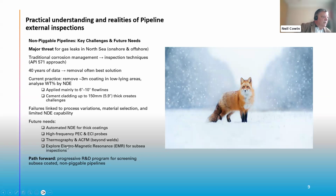And this is the big one I looked at over 10 years ago. If we could develop it further, put it out there as an item request, we know we've got pulsed eddy current, and we're using high frequency probes for that as an array. But if we had electromagnetic resonance, as we have in hospital usage for defining layers, if we could have that developed for subsea usage and automated equipment,